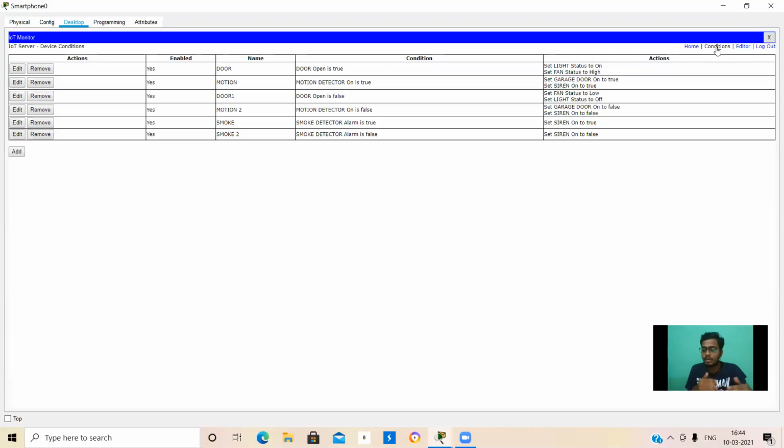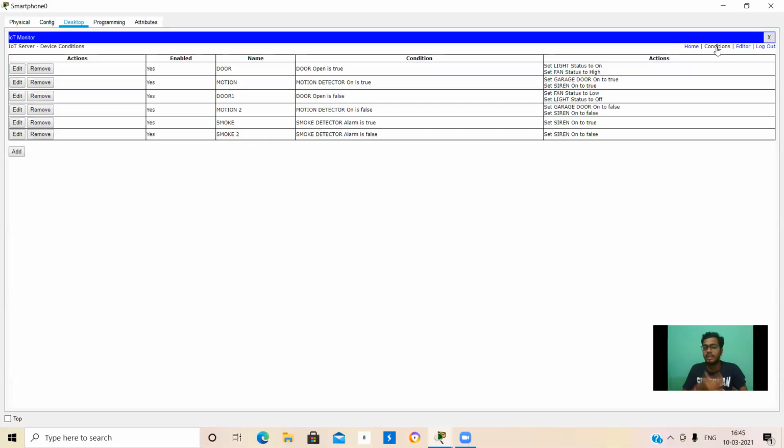When I am going to enter the garage door, my motion will be sensed by the detector and the garage door automatically opens. If a suspect goes into the garage door, it will sense the suspect and the siren will also start ringing.